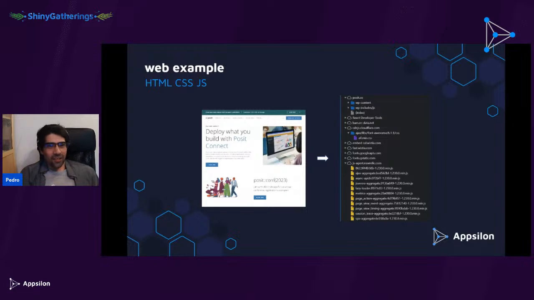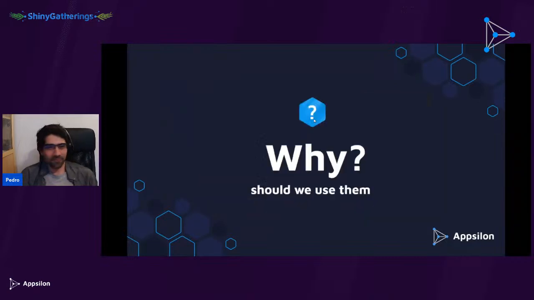Okay, and just so you don't call me a liar, I invite you to open pretty much any page on the internet, and if you observe a bit of the source code in that page, you will find all of these three. You'll find a bit of HTML, you'll find a bit of JavaScript, probably a lot of JavaScript nowadays, and a lot of CSS. Any page has these, like is the case of the Posit page here that I took as an example.